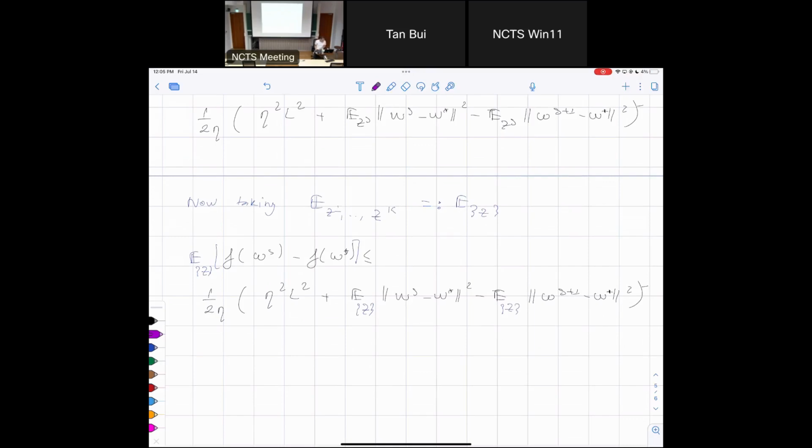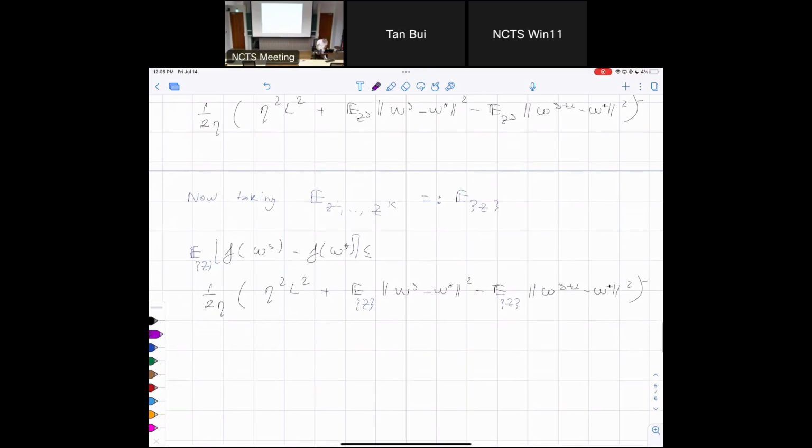Now, finally, I'm going to add things up. The good thing is that now it's allowing me to add, because everything is deterministic. The expectation here is deterministic. These are numbers, no longer random variables, after I take the expectation with respect to all random variables. Anybody who has to go, please go. I'm sorry, we're actually running late. Okay, so now sum